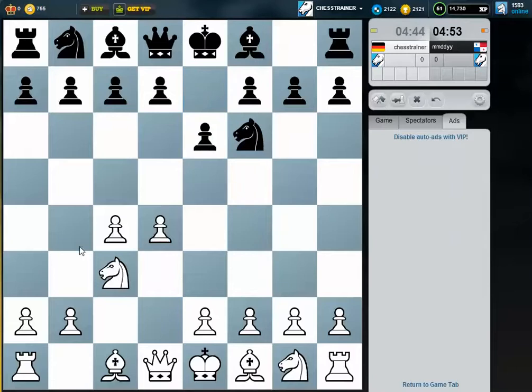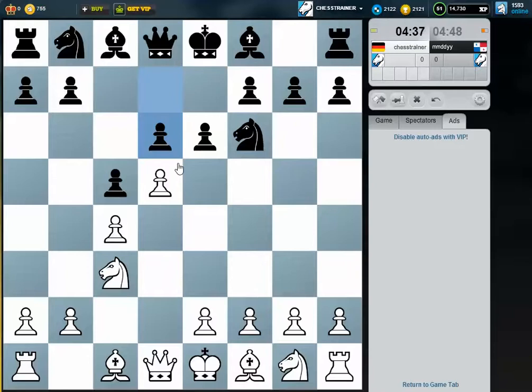Here he might play d5 or bishop b4. c5 is a Benoni defense, so this might become a sharp game. The normal move is to take here on d5. I could take on e6, but I don't want to strengthen him